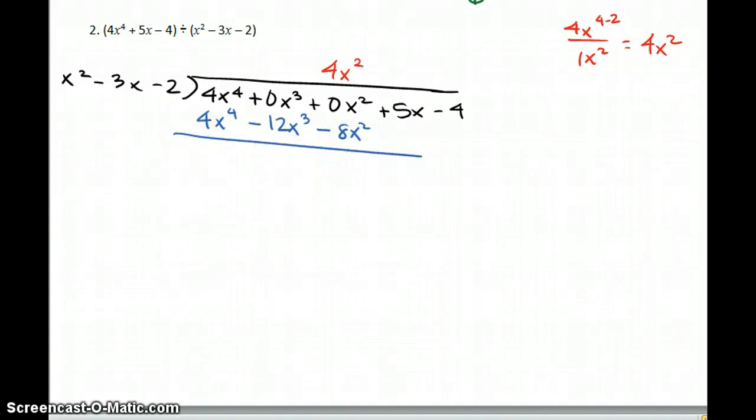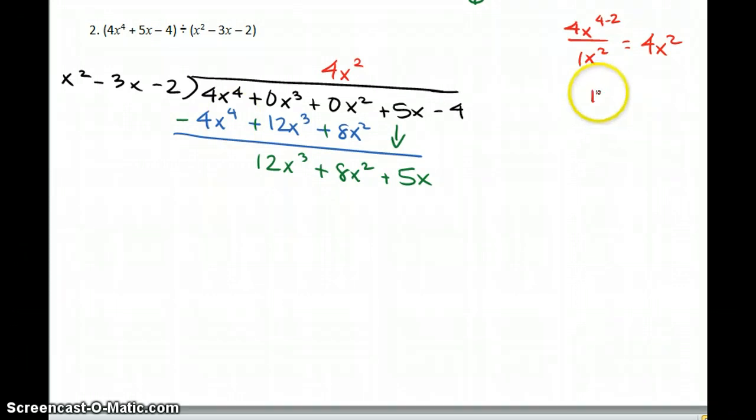I've just multiplied, so that means my next step is going to be to subtract. And when I subtract, I'm going to change all of the signs. So this is nothing, and this is 12x cubed. 0 plus 8 is positive 8x squared. And then I'm going to bring down my plus 5x. Then we're going to do what we did last time, and now we're going to repeat, which means we're going to divide now. So 12x